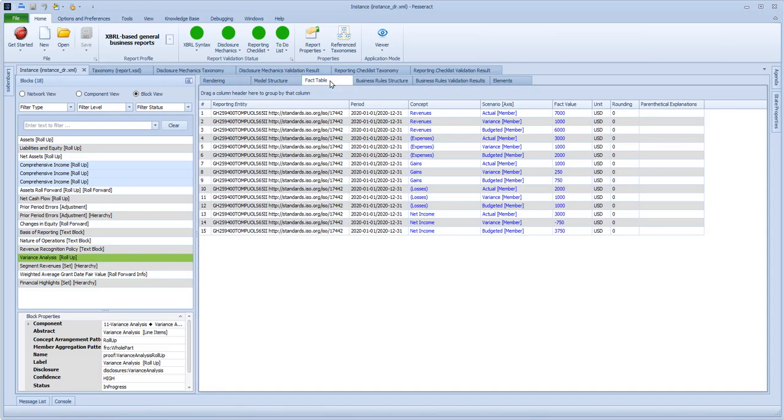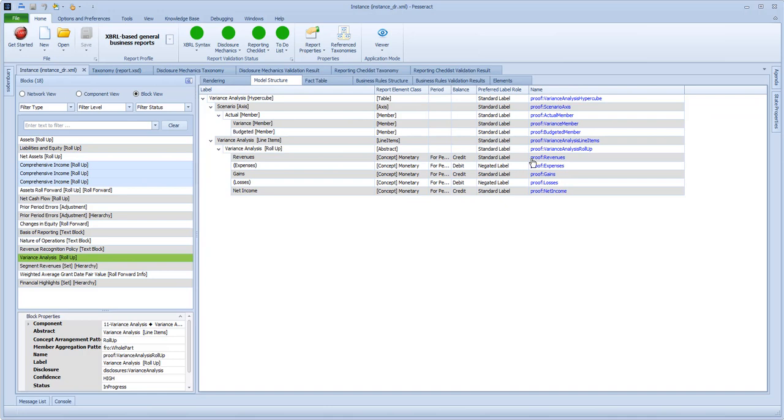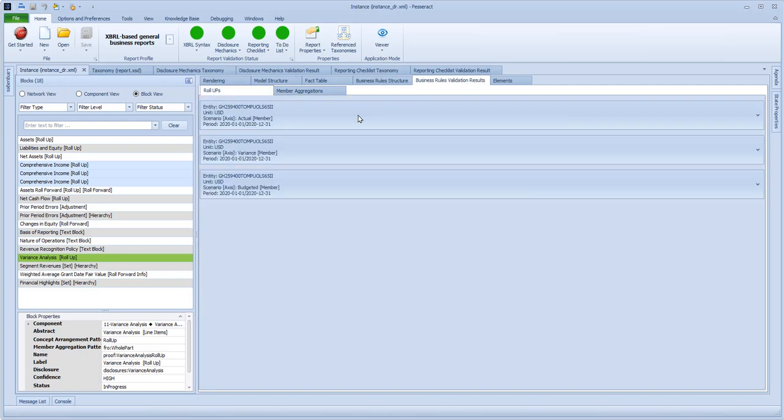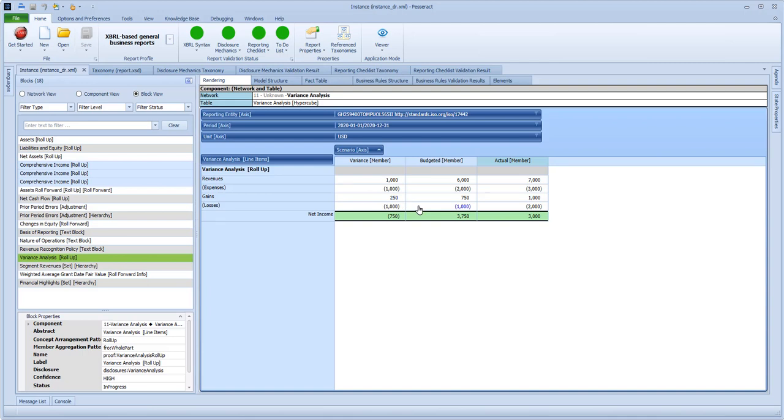So there's the spreadsheet. These are a little bit funky because these are identifiers, and this is information that is standard, so we have to use this. I mean, it's kind of funky, but it uniquely identifies an entity. But this is the data for the pivot table. This is the model the pivot table uses. It's richer than you would get in Microsoft Excel. There are also business rules that relate to the pivot table, which I don't think you get in BI software. There's the verification results of those, and here is the hypercube,